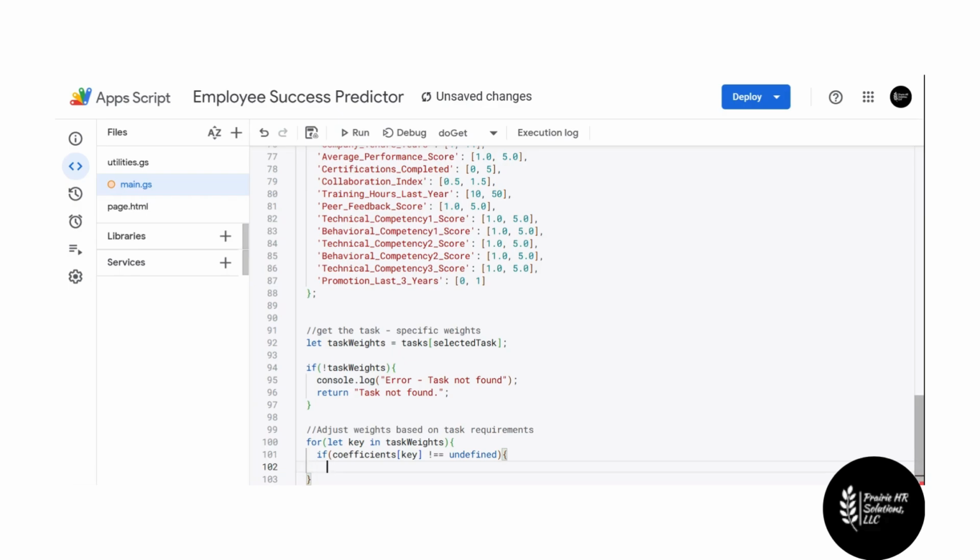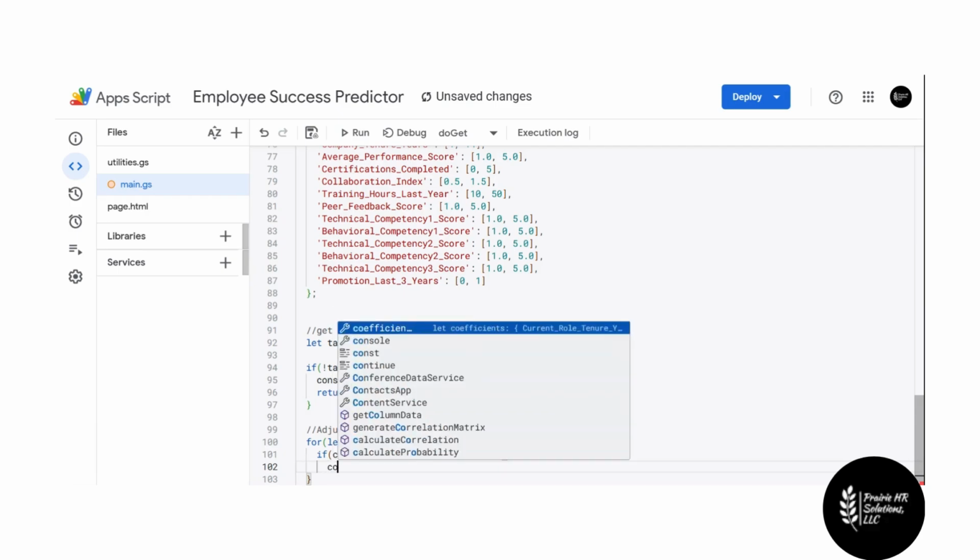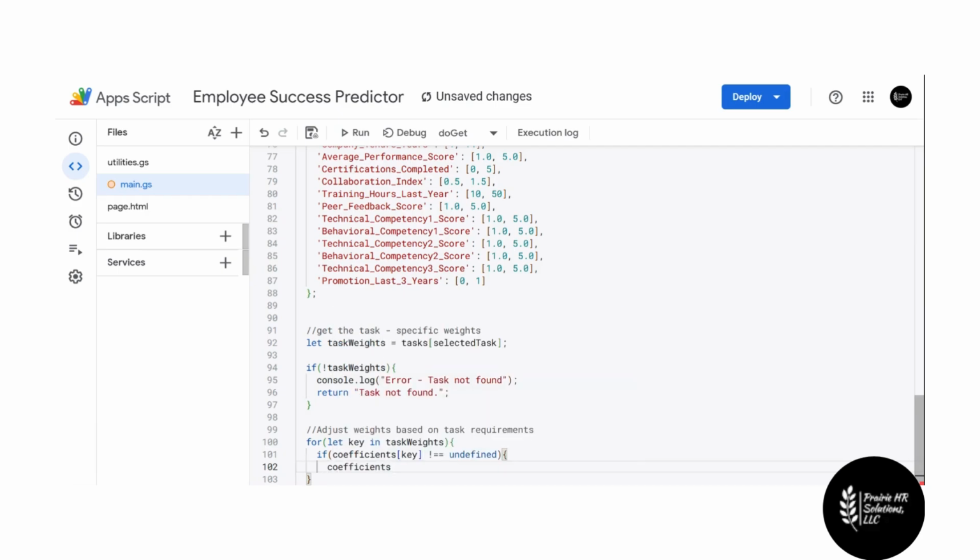That way we don't have to keep writing this out. So how this is going to look is, if it comes back not undefined, if it comes back undefined, it's not going to do anything. But if it doesn't come back undefined, we want to take the coefficient at every key and then run a multiplication compound operator on every task weight